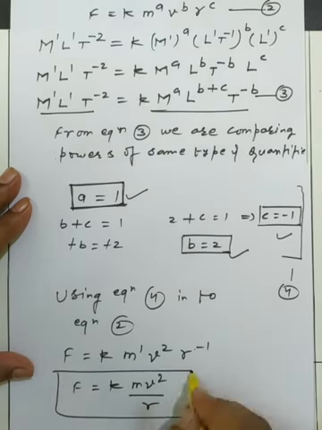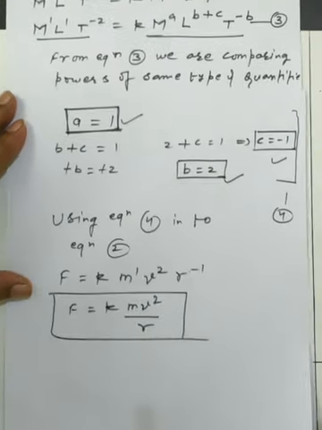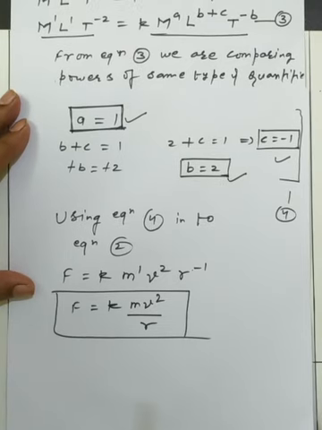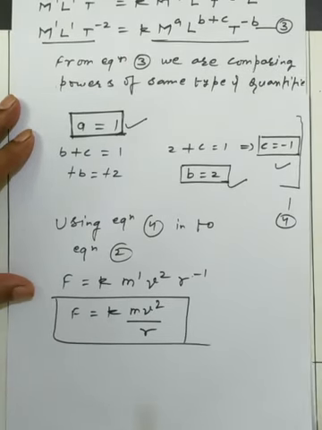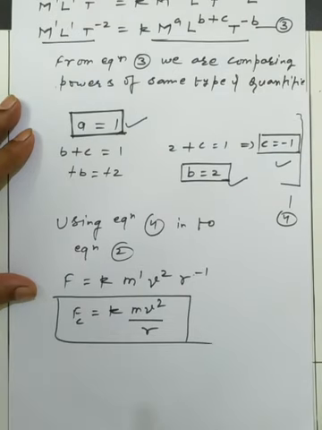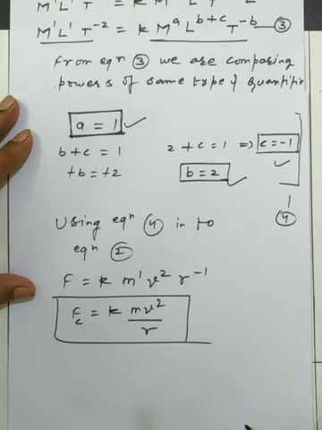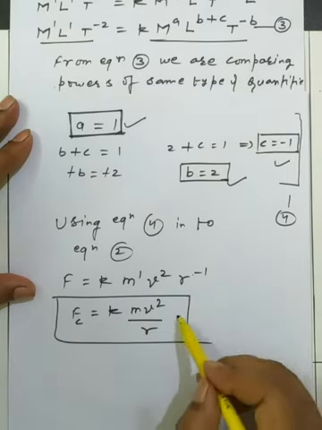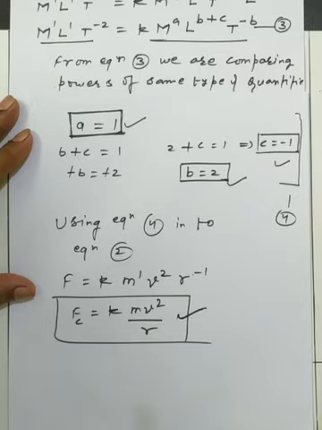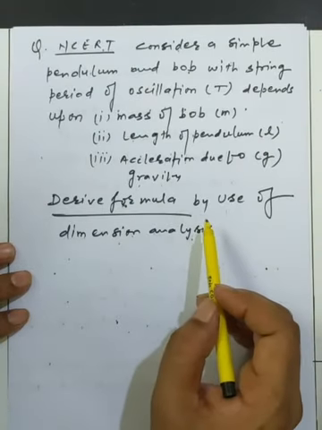So it is the desired formula which we had to discuss in this question on behalf of the dimension analysis, dear students. So it is a general method we have. So I will give another example of formula deduction on behalf of the dimension analysis. So you will feel it is very easy. So this is the formula of the centripetal force. As we move further in the syllabus, we will get this formula. So initially we know the formula, so whatever answer is possible, we can easily predict this formula.